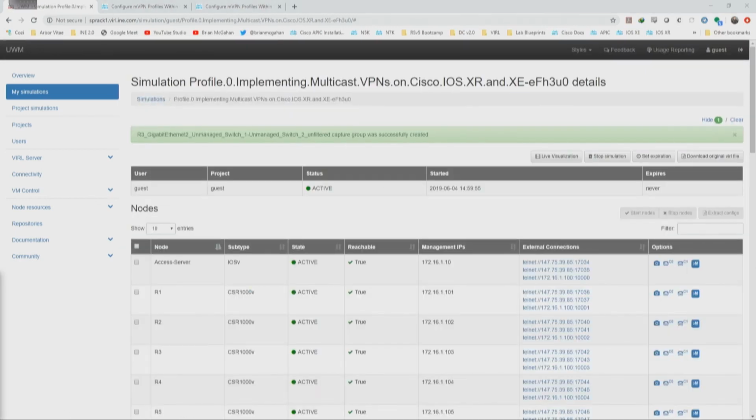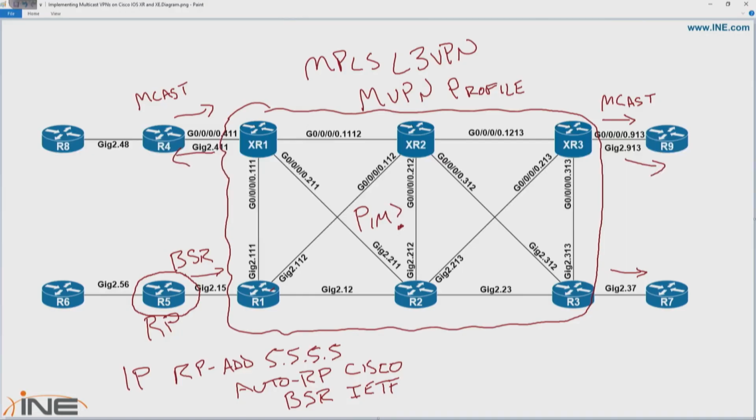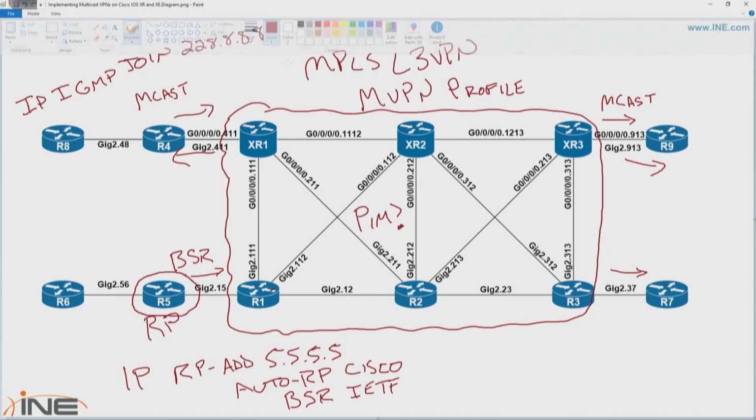And now let's go ahead and build the rest of the topology. Okay, next thing we need to do is signal a receiver. So let's say that we have a receiver on router 8. Okay, so on router 8, we're going to say IP IGMP join. And then a multicast group, let's say 228.888. This is now going to be sent as an IGMP report